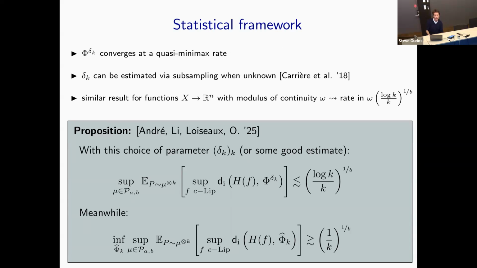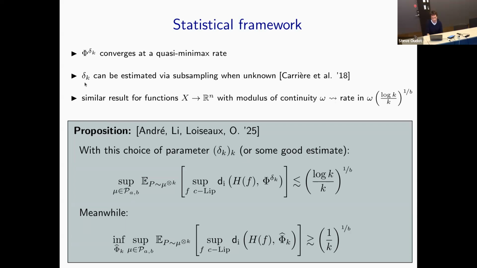So what this result means is that what we used to use as a geometric estimation tool, this phi delta, has now become a statistical estimator, phi delta K, which converges at quasi-minimax rate. Delta K, if you know A and B, you can basically compute it. But if you don't know A and B, you can still estimate it. So you can build estimators based on subsampling techniques to estimate the Hausdorff distance between your input point cloud and the underlying space. This is a very standard problem in statistics called support estimation, and you can estimate the Hausdorff distance,